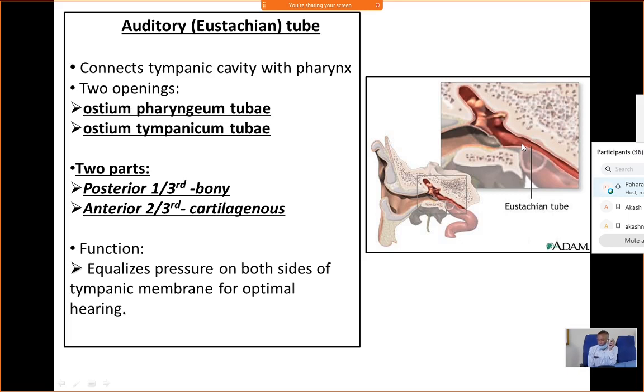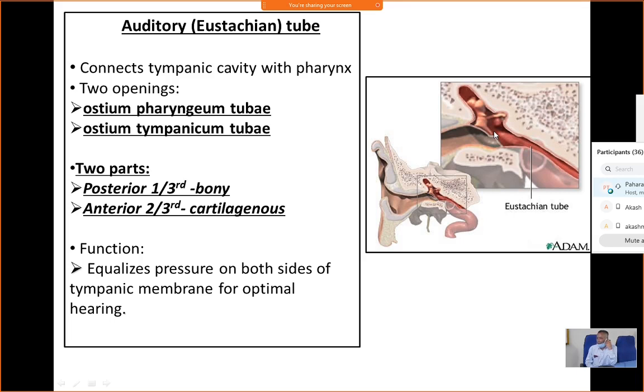Now what happens when inside the tympanic membrane the pressure is more or less? We cannot hear properly. Suppose you are traveling by air in a flight, and the flight takes off to a height. What happens? You cannot hear properly and there is a feeling of pain in the ear. Then what do we do? We just swallow. We take some chocolates to chew. Then what will happen? Some pressure is ultimately pushed towards the middle ear cavity, because at height, when we are in the air, then what will happen?